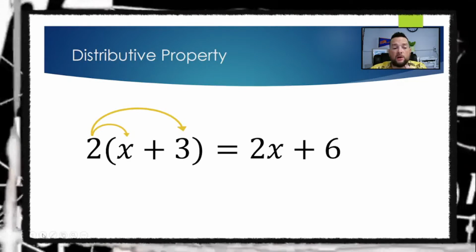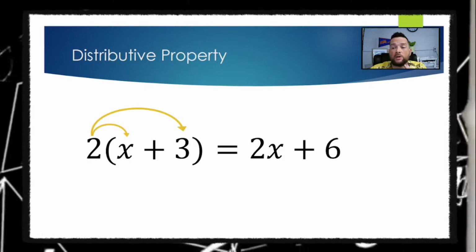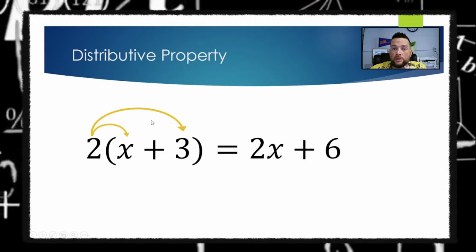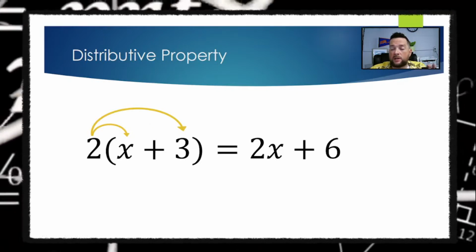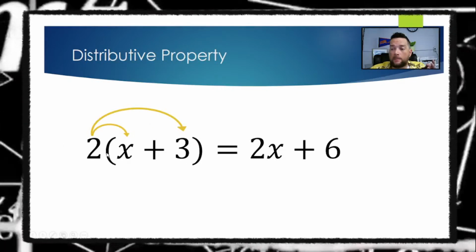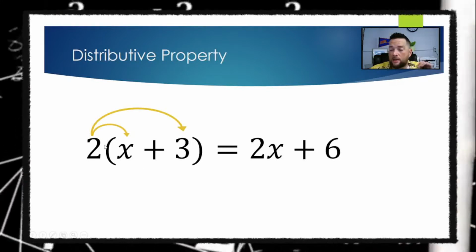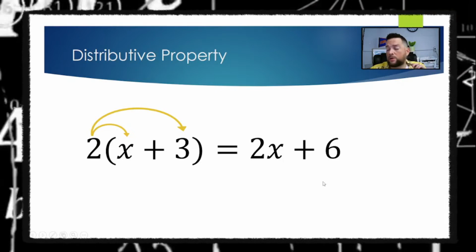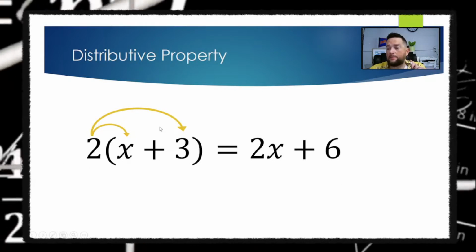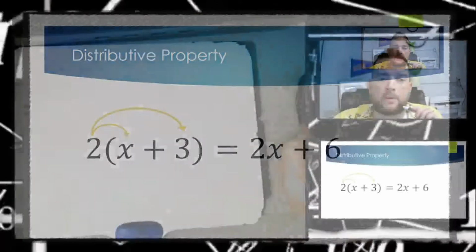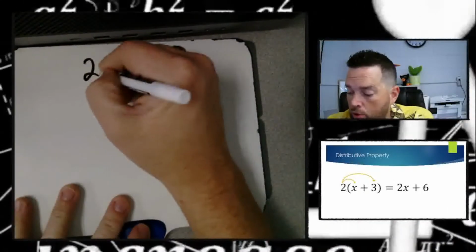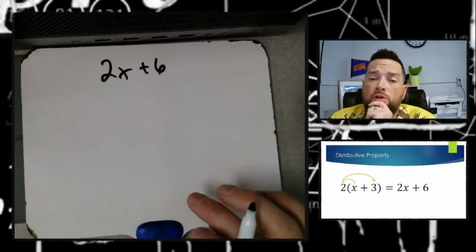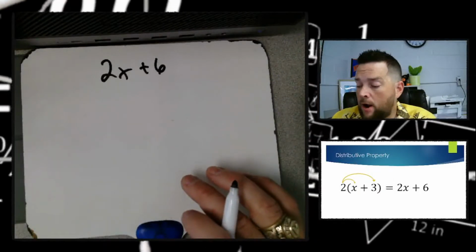Now, factoring linear expressions is going backwards. Essentially, we're taking this 2x plus 6 and we're going backwards to write it as an expression that includes multiplication, that includes the greatest common factor inside the expression. It just looks like we need to apply distributive property to it. So we're going backwards, and this is how we do that. I'm going to take that one that we have right here, our answer, 2x plus 6. First step you're going to do in order to go backwards to represent it as what we would see for distributive property,